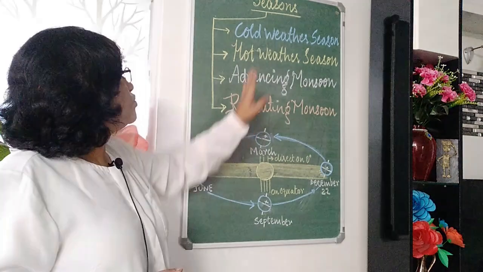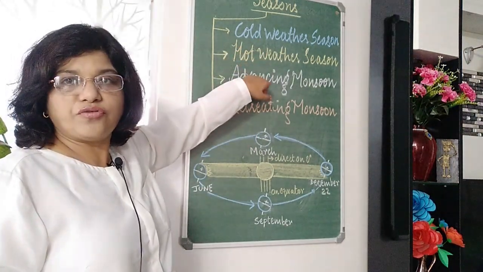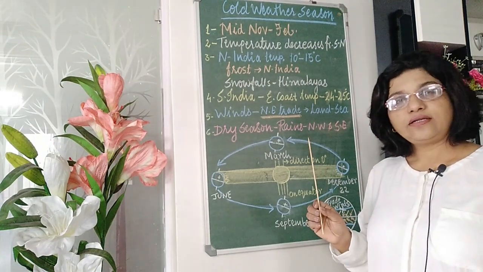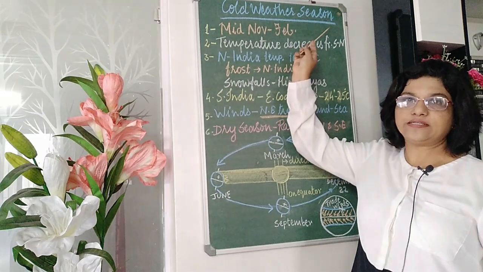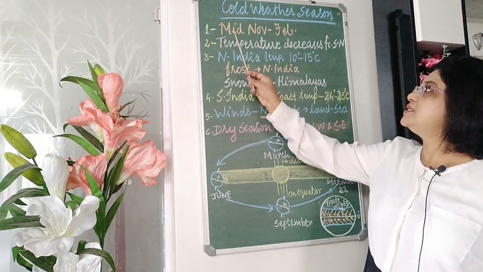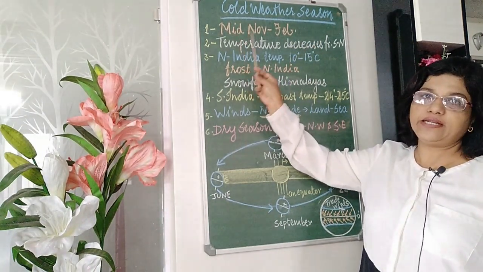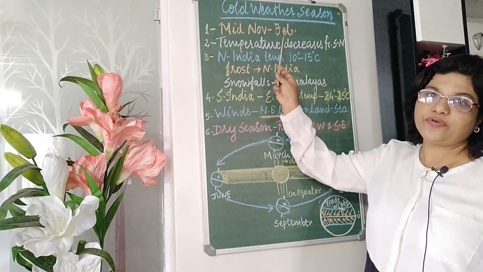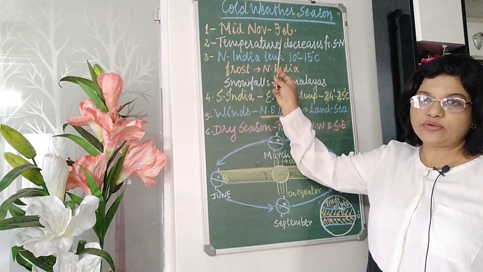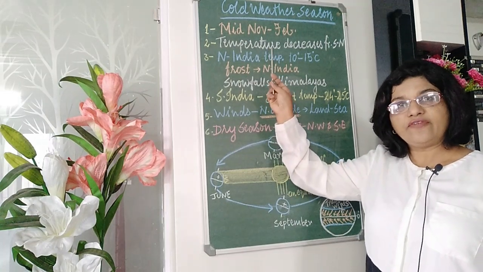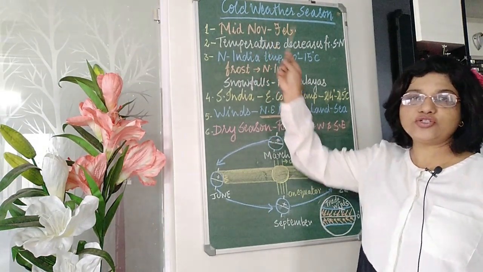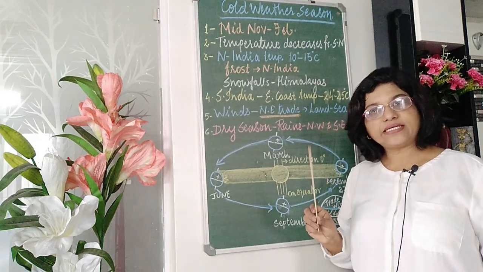Now, I will explain to you what the characteristics of each of the seasons are. Now, understand the characteristics of the cold weather season. The cold weather season starts in India from mid-November till February, and December and January are the coldest months, especially in northern India. When we talk about any of the seasons, you should understand that India is a country where